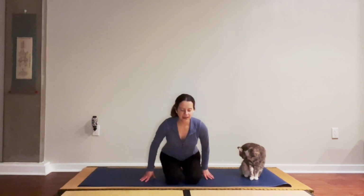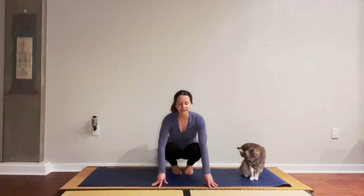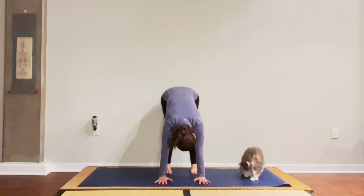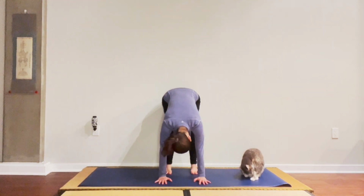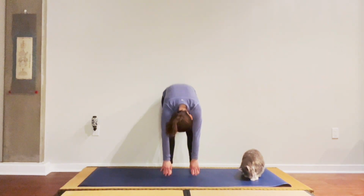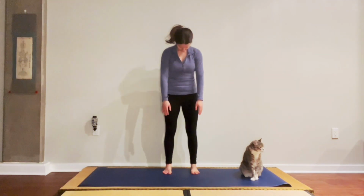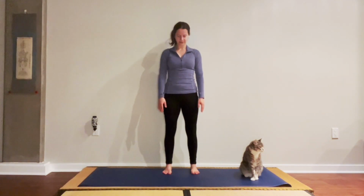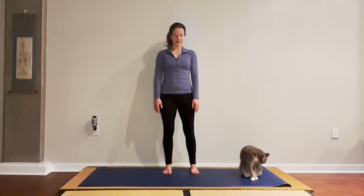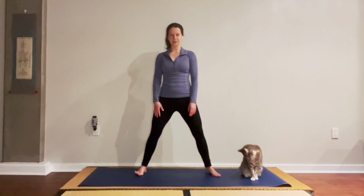Let's slowly make our way up to standing. So I like to come to standing by first folding forward, letting the head hang for a moment, keeping the knees bent. And slowly rolling up. Good. And once you're all the way up, let's go ahead and step the feet wide, wider than the hips,